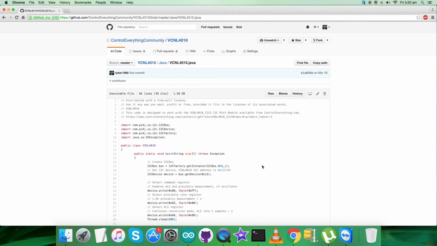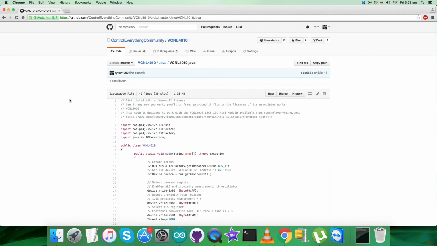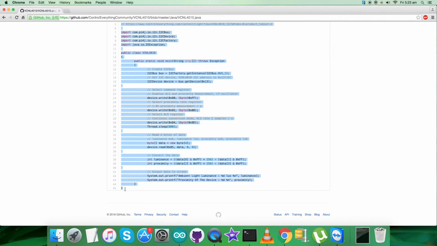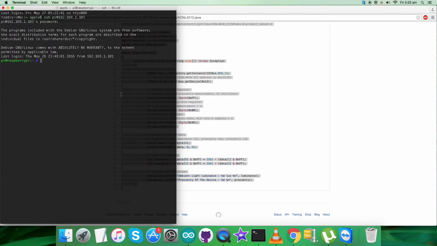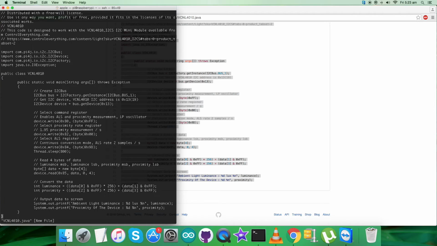Now what we require is to show the working, the practicality of this code. Let's show it. Well, the interesting part is here, that's the working of this code. So first of all, copy this entire Java code as you can see on my screen and open up the Raspberry Pi terminal, which we have connected through the internet using two modes: via Ethernet cable, or you can use a wireless USB nano adapter. Now here create a new file with the vcnl4010.java extension as you can see, and paste the entire code here and save it.